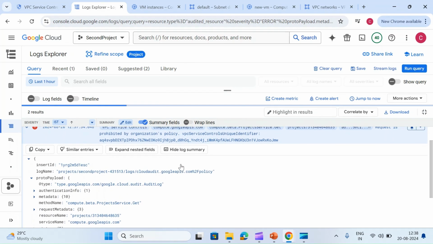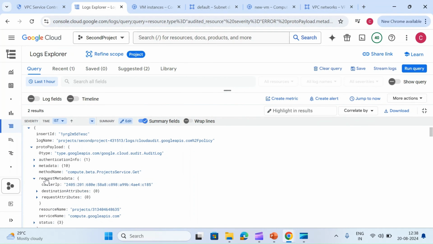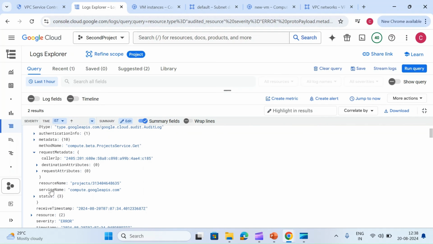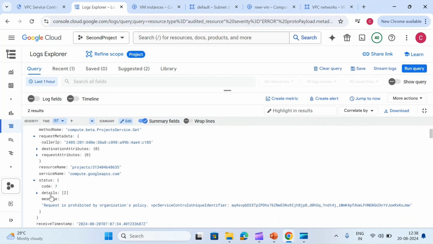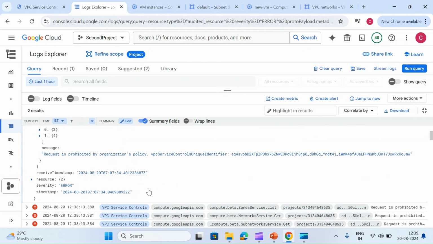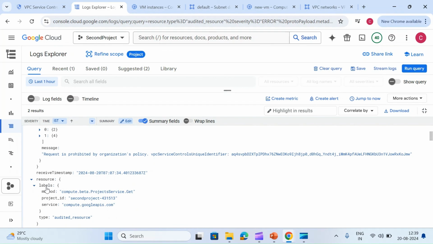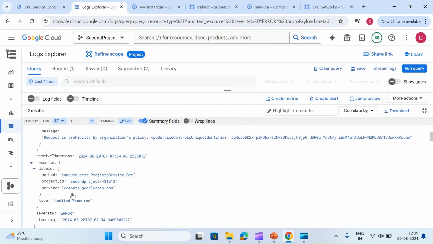So we can check the logs to see which request is being blocked, and we can see the service name is compute.googleapis.com. We can search the metadata and all that information if you want to dig out what is happening. We can see details. The request is being prohibited by this VPC service control, the severity is error, and we can see the audited resource type, method, and the service, compute API.